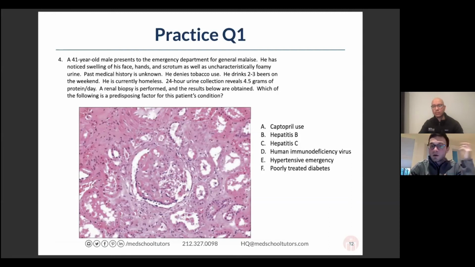So he has unknown past medical history. All right, so I'm not going to get great risk factors here, but it's also not telling me the absence of past medical history. It's just, I don't know what it is. He denies tobacco use, right? So I'd be thinking in my mind, do I have something that becomes less likely with tobacco use? I don't know, right? Moses and I were talking earlier about what raises or lowers the calculus here. I might be making a premature diagnosis of nephrotic syndrome in this guy based on foamy urine. Most common causes of nephrotic syndrome in adults are,